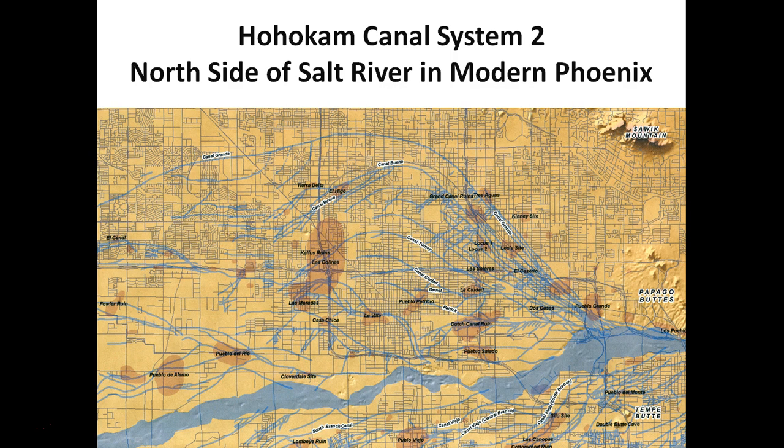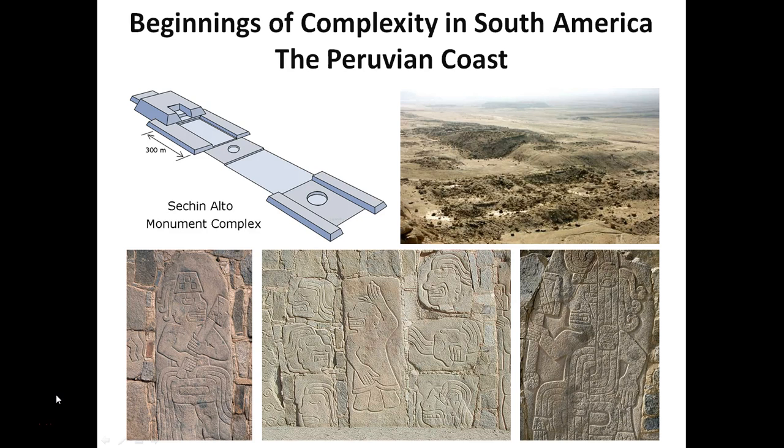The Hohokam are well known for their sophisticated irrigation systems, and we will look at these in detail in order to understand how prehistoric occupants of the Phoenix Basin transformed the desert to suit their needs. We will then look at the emergence of state-level systems of organization and compare the emergence in two different areas, in South America and in Mesoamerica.